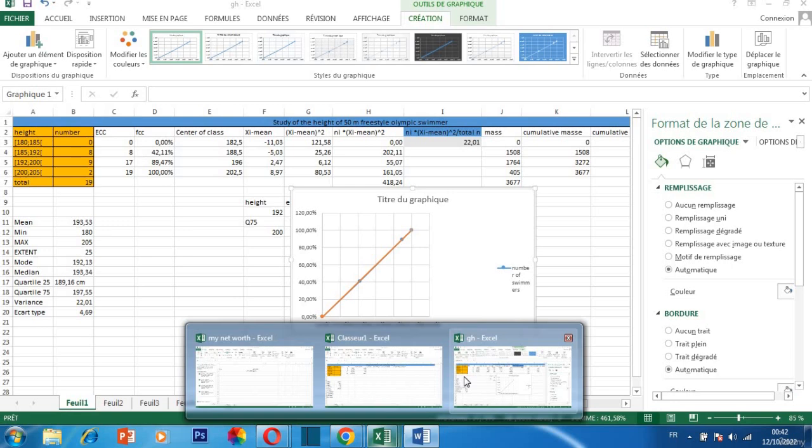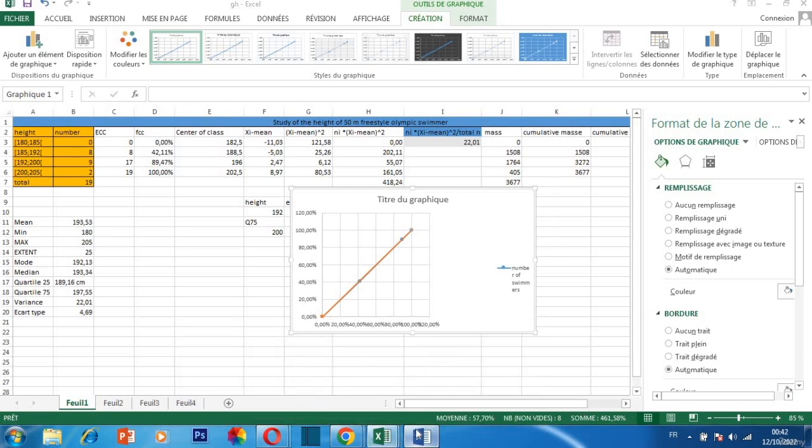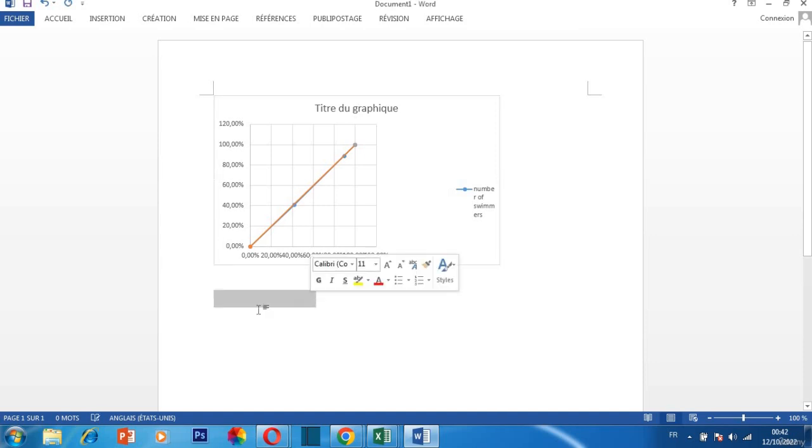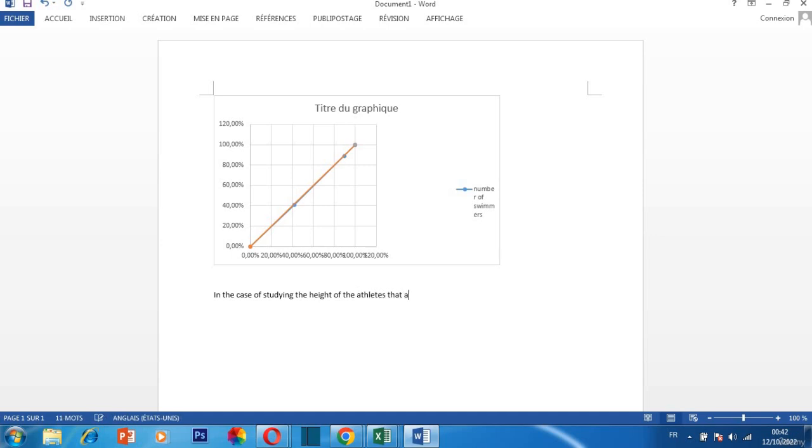In the case of studying the height of the athletes that are finalists of the 50-meter freestyle on an extent of 25 centimeters,